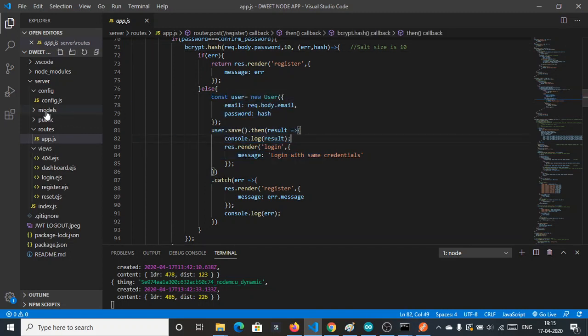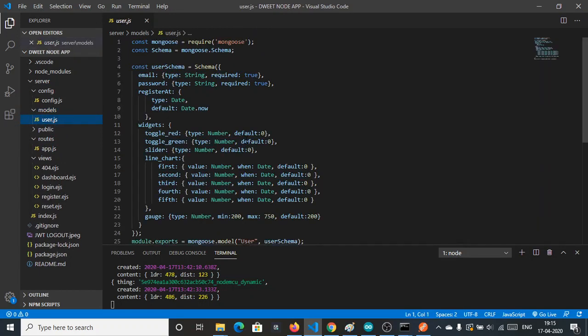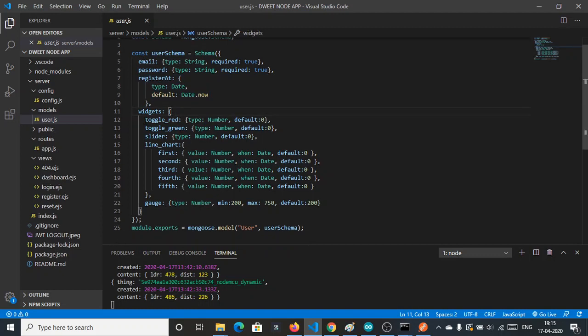And let me show you the model, that is the schema of our database. This is the schema: email, password, registeredAt. It will store the current time at which the user registered. And widgets: in widgets we have toggle red, toggle green, slider, line chart. And in line chart we have five values, each an object with value and when.